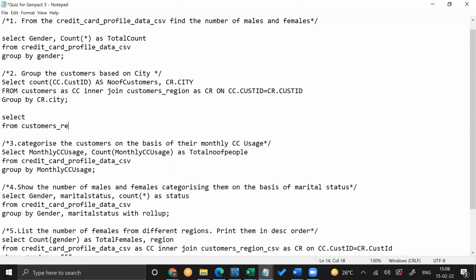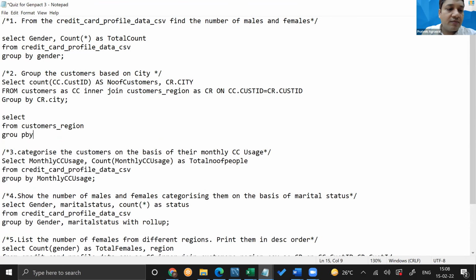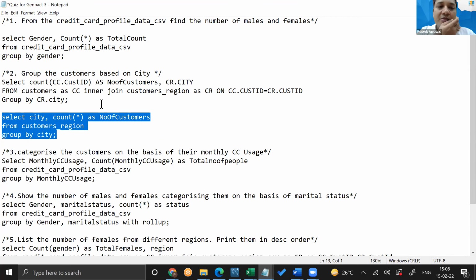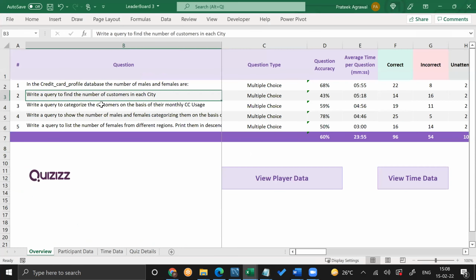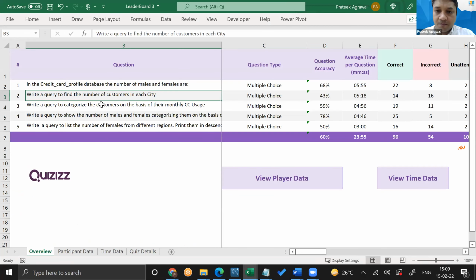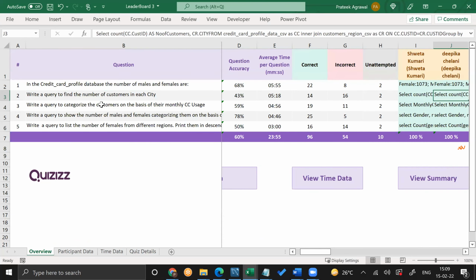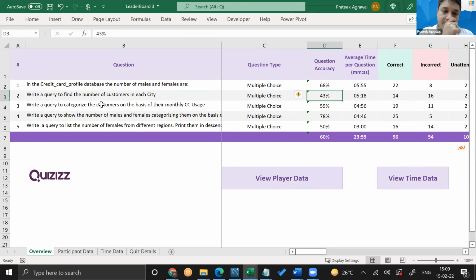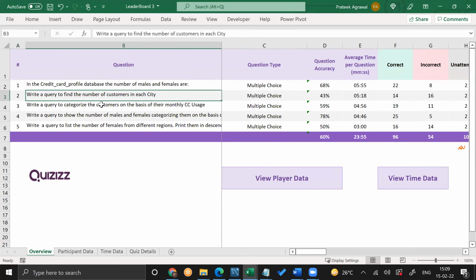Group by city, and then city, comma, count star. Yeah, the answer comes that way also. This question can be done because there is no other information. So I did count of cust ID in place of star. That's absolutely fine. So that option existed over there, the cust ID option, and I selected that one.